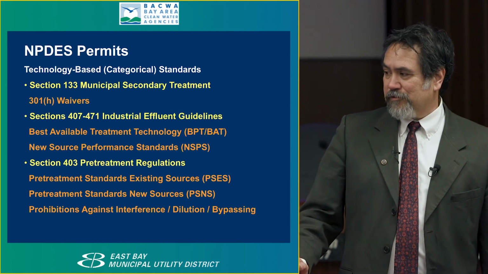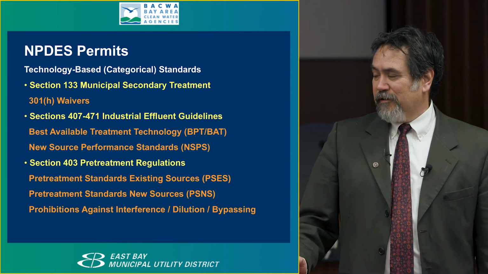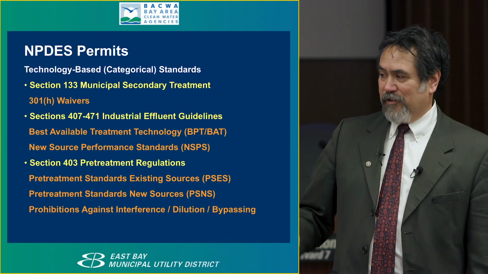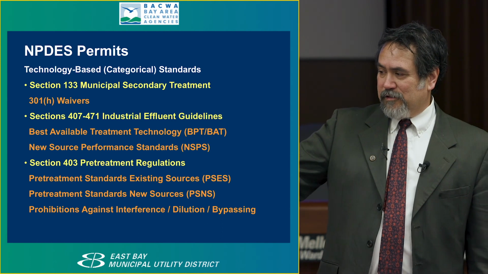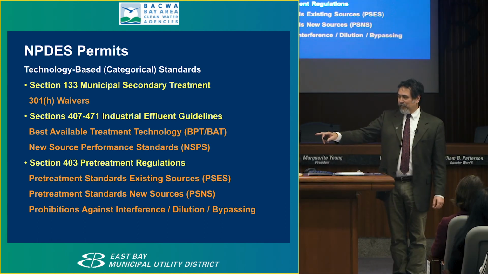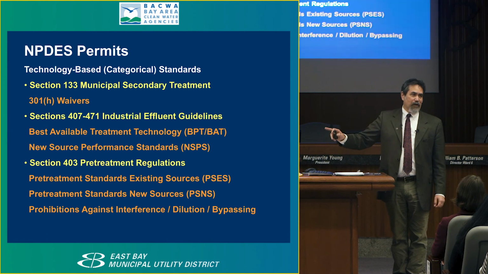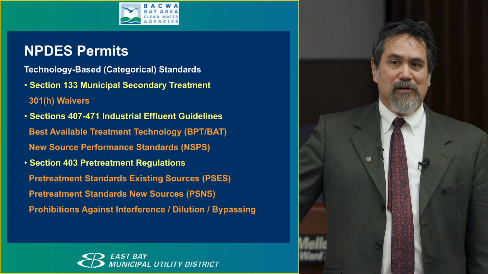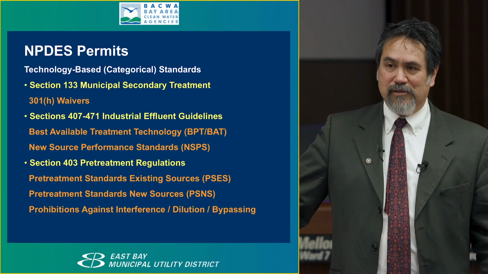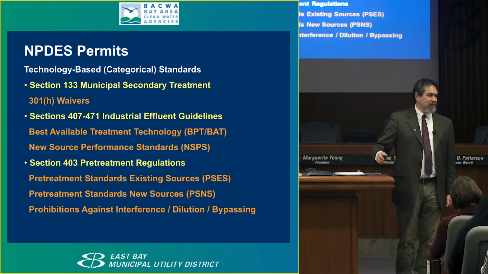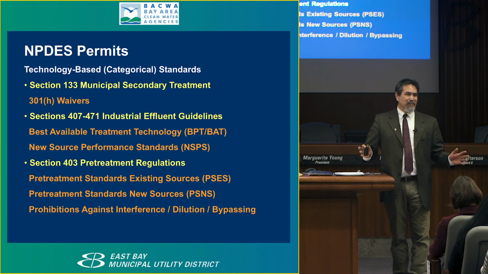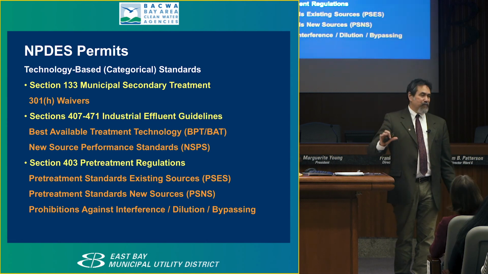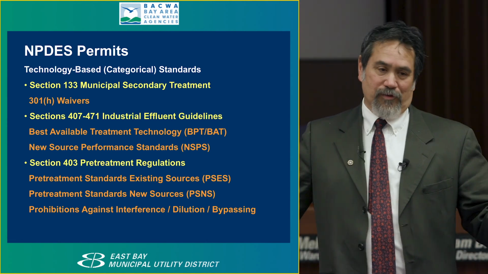Then there's sections 407 to 471. They're the industrial wastewater effluent guidelines, also best available technology treatment. This designation, BPT, BAT, BPT is best practicable treatment. And by and large, best practicable treatment was, through a process of evaluation, determined to be best available technology treatment. It's lost in the mists of time about that, but the limits themselves are based on the idea that this is the best available treatment technology for that type of waste stream,